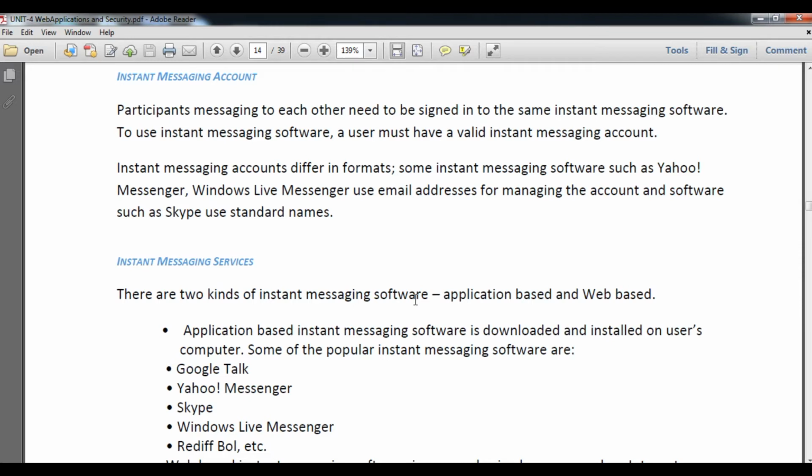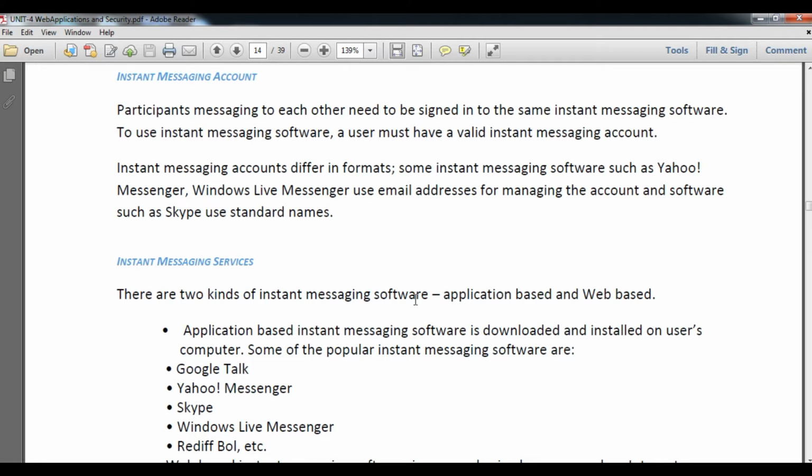To use instant messaging software, a user must have a valid instant messaging account. Yes, students, if you want to use any instant messaging software, we need to have a valid instant messaging account.